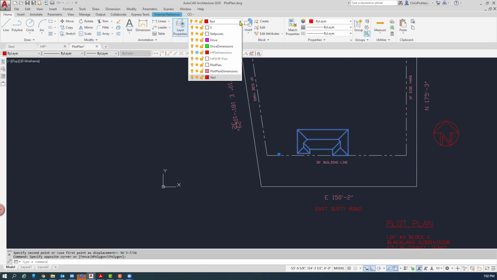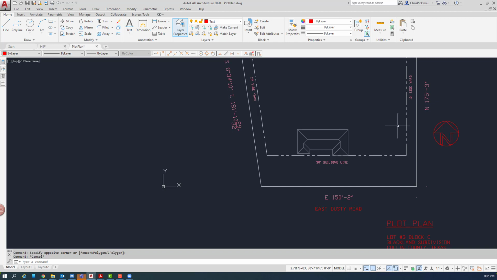We don't want it on text, so I should have been on plot plan, drive dimension. Let's make that plot plan instead of text. So I want to draw the driveway right now. So let's switch over to the driveway